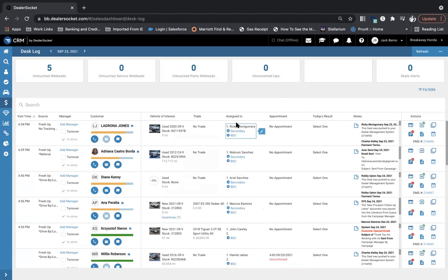So again, jumping over here, the assign to usually is going to be the primary assign. So we can assign a specific phone call, let's say to Ariel, to follow up to make sure that everything's okay and she's coming back. So this is where we can see vehicle of interest, whether there's a trade or not. Other things to point out,